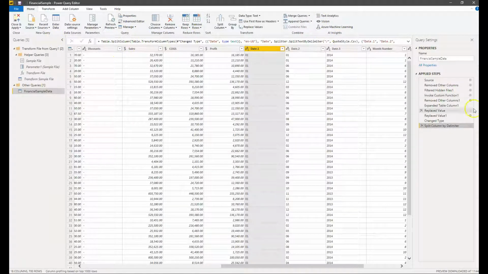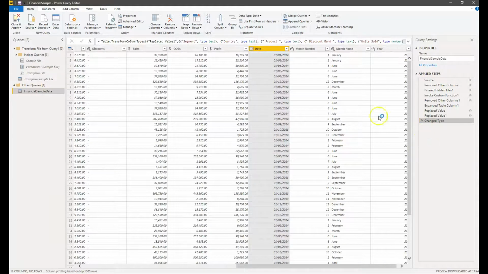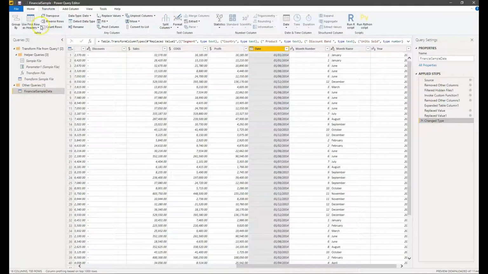Let's have a look. Did I delete it? Let's delete it. Transform. What can we do? We can transpose our data, reverse rows, count rows. Okay, so if I select